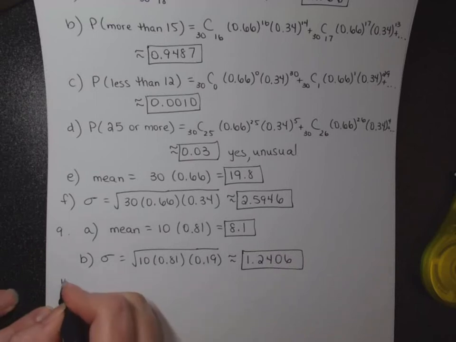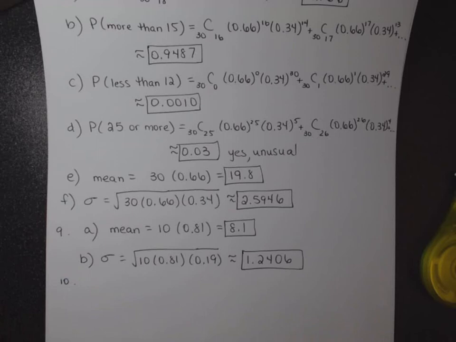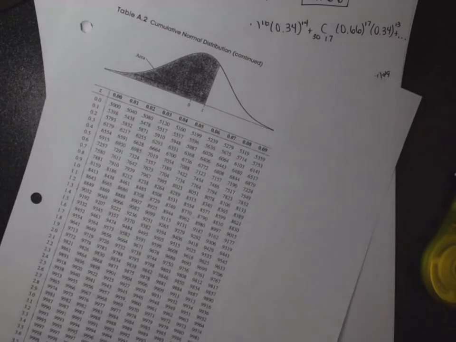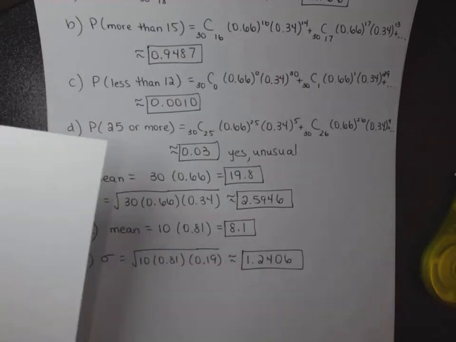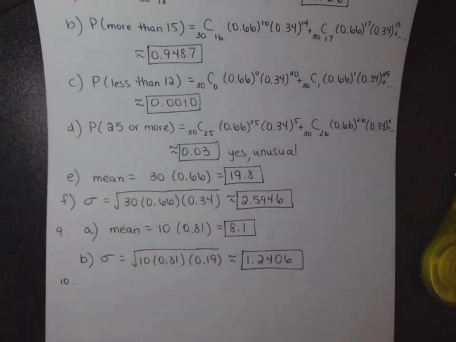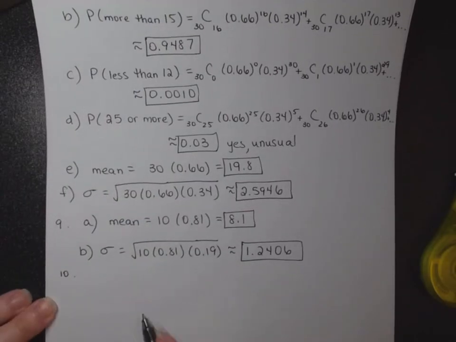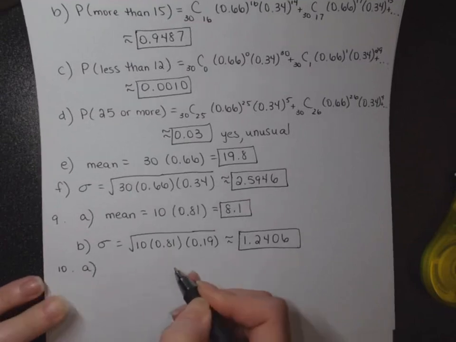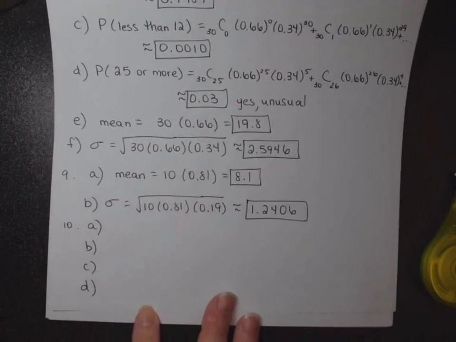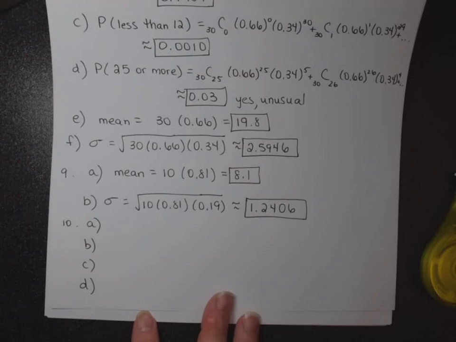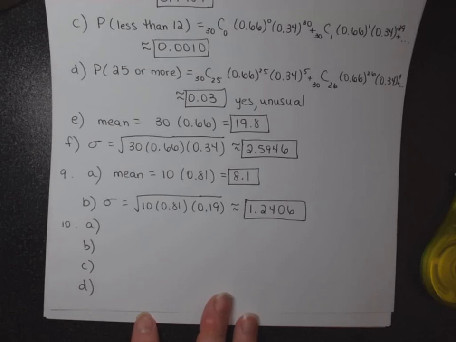Okay, number 10, you need to have your chart out. You're going to be using your chart a lot on this test, but this is the first one where we actually needed it. So I want you to find the area between these 2 z values. For all of these, the z values are already given, and all you need to do is find the 2 things that correspond with those from the chart. So I'm going to show you the first one on the chart, and then I'm just going to run through them. So negative 1.28